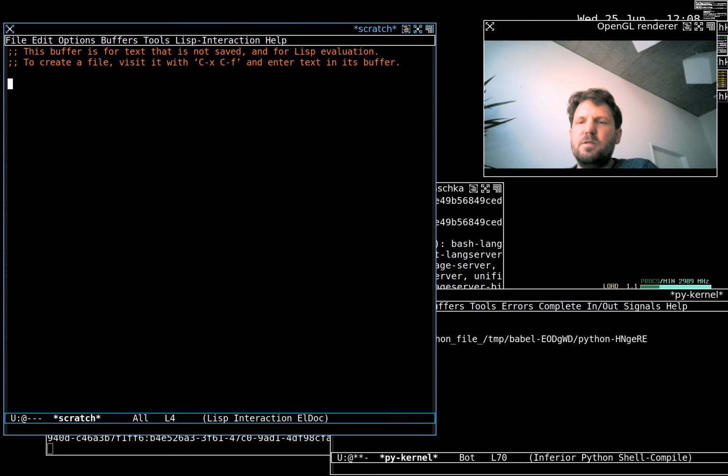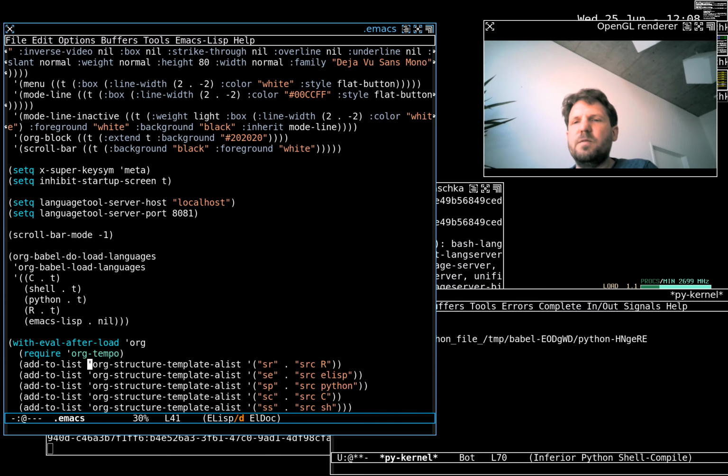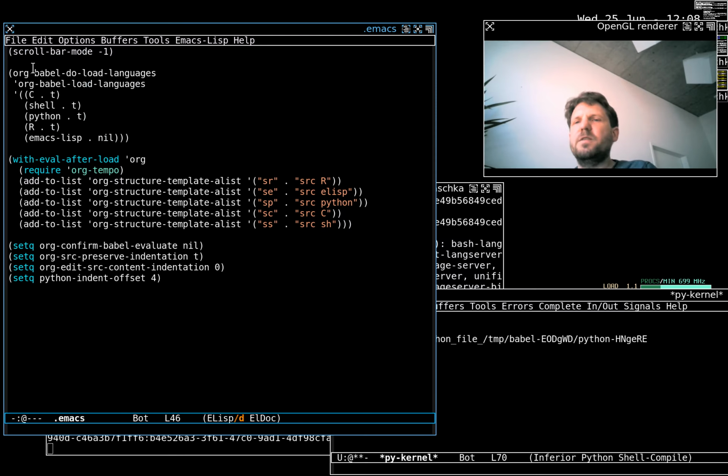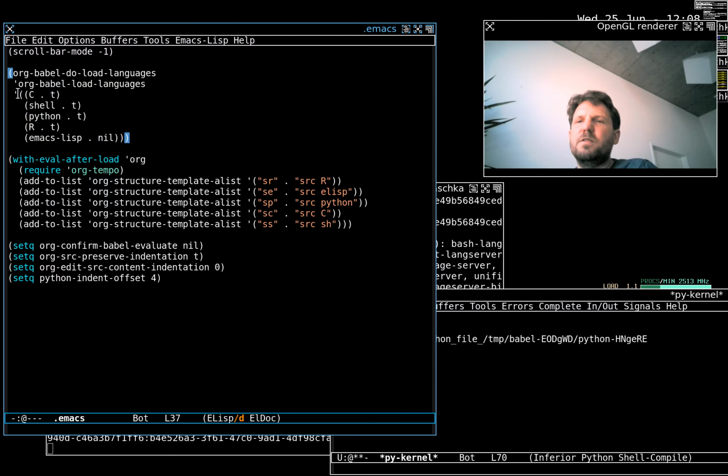In order to allow to use them, we have to go to our .emacs file, and you have to do this Org-Babel load languages, and you type this just as it's shown here, and you can of course remove the languages that you don't need. These are the languages that I use. So I use the C shell, then the shell, then Python, R, and Emacs Lisp in Org-Babel mode, likewise as shown here. What is very interesting is to have these shorthands that I've shown you,